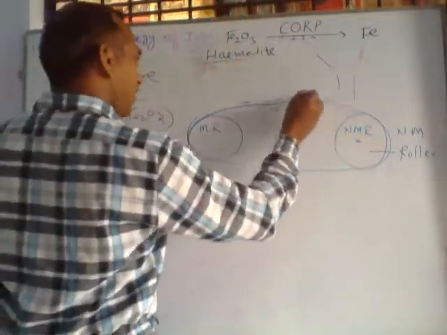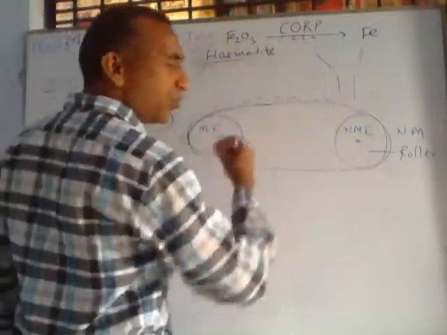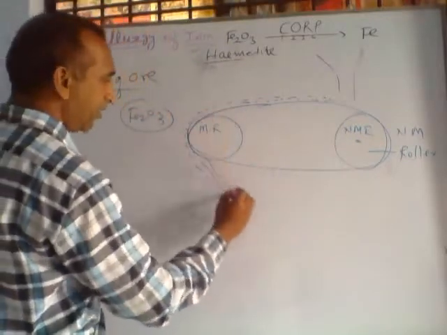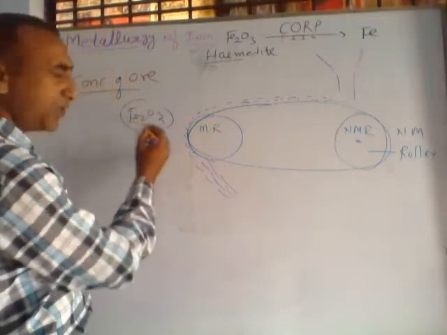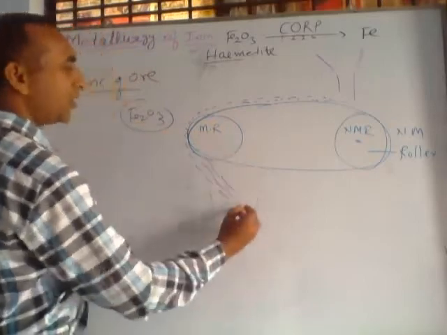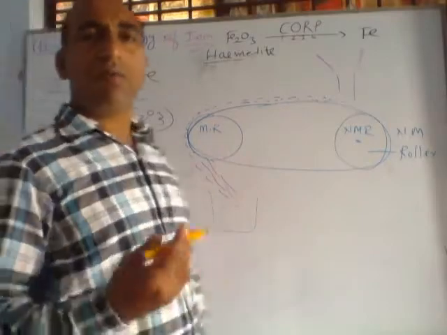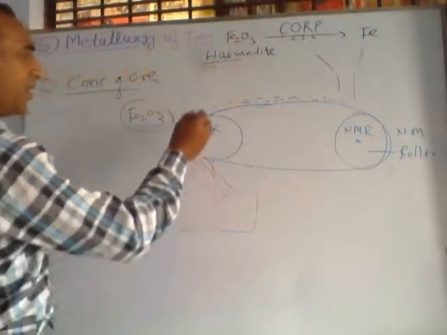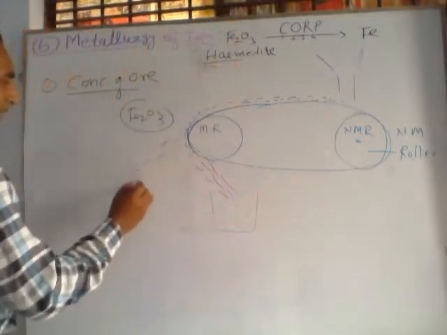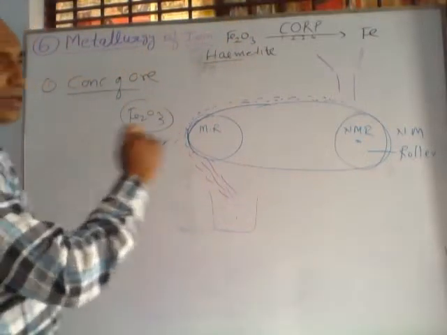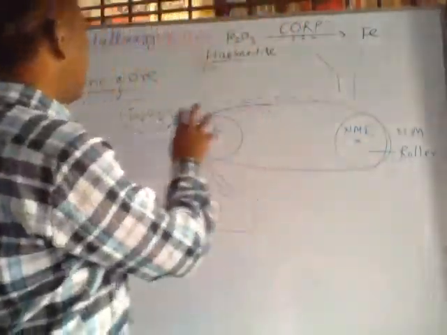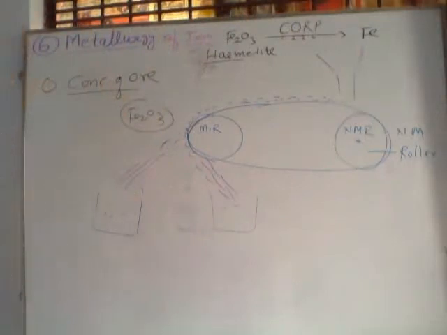During the moving of the belt, all the magnetic ore, the ore having magnetic properties, collects near the roller, and the non-magnetic impurities like sand, soil, and silica collect in another container away from the roller. This is the simple method for concentration of hematite ore, called the magnetic separation method.